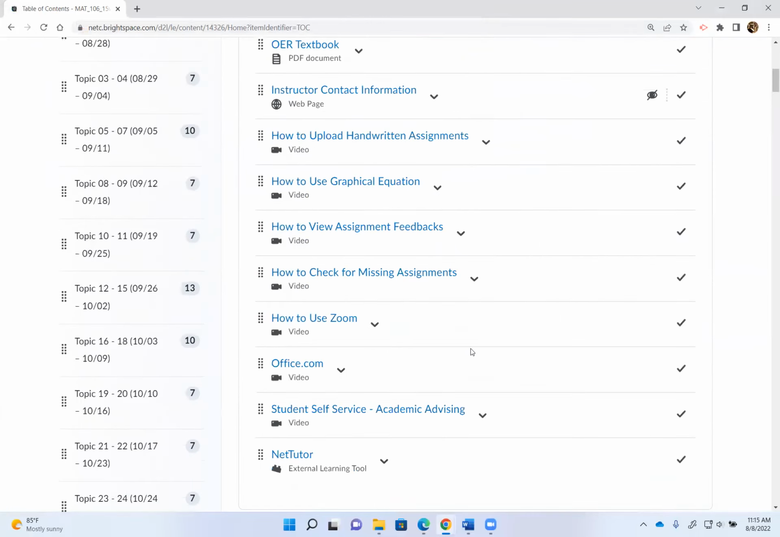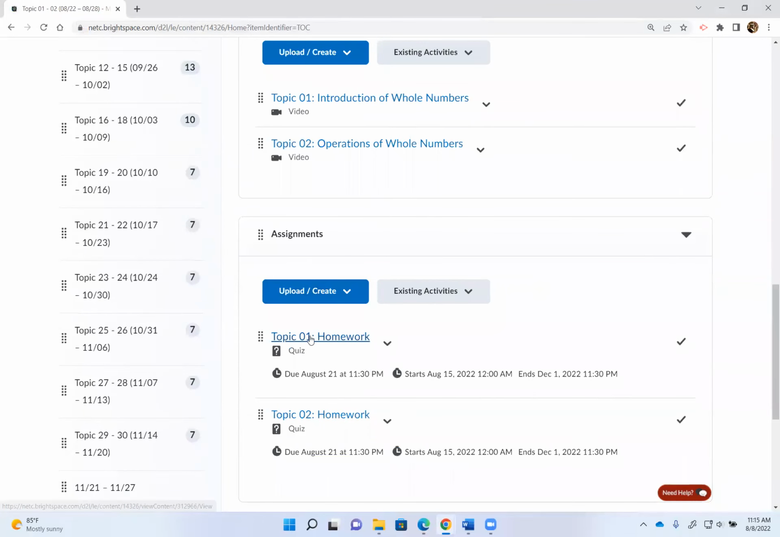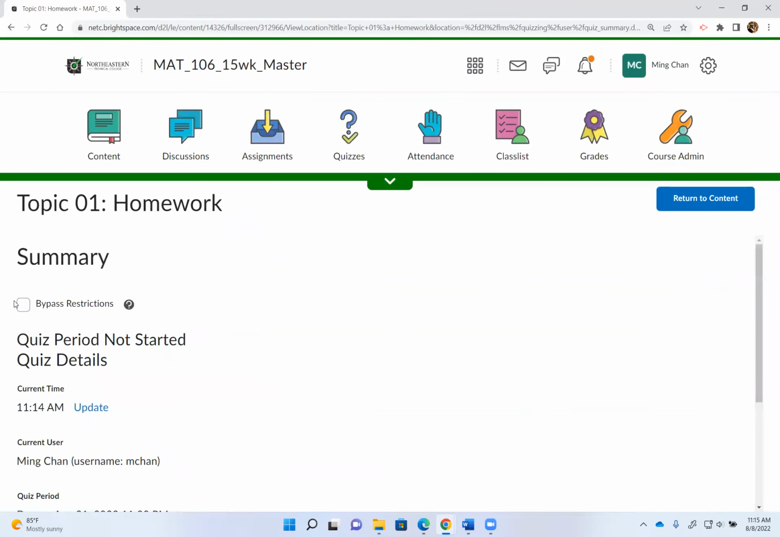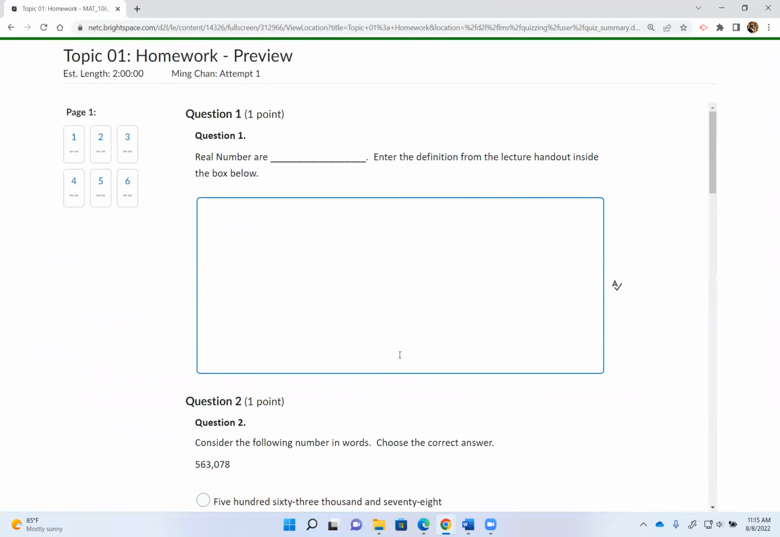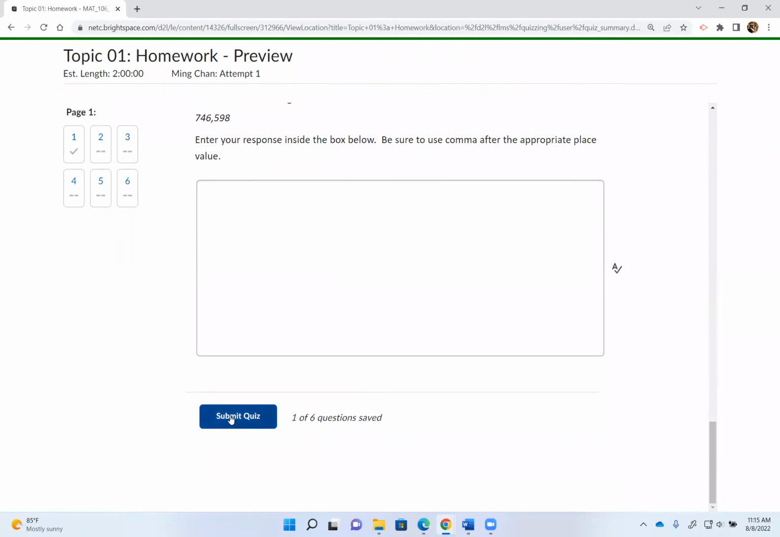Okay, the homework. All the homework is on D2L. If you click on assignment, it will take you straight to the homework. Here I'm just going to preview it real quick. You only have one attempt for every homework section. When you type something inside the box, it will automatically save your answers. The check mark means it's saving your answer. If you're not quite ready to submit your homework, you can simply exit out of this page. But once you press submit, then